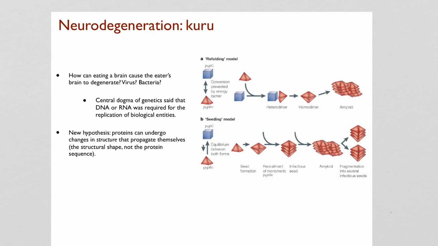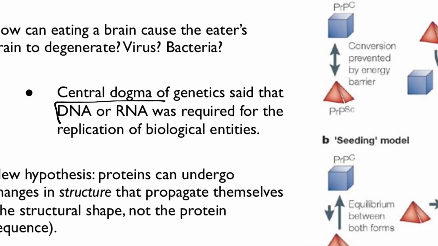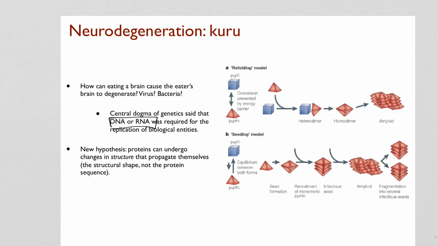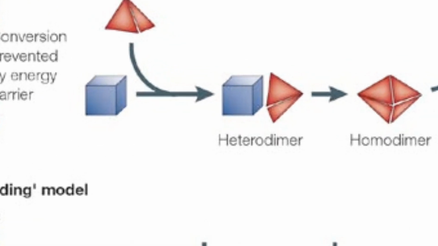And the thing that made them so strange and difficult to investigate and difficult for a lot of people to accept that they were even real is that they have no nucleic acids. There's no DNA, there's no RNA. That means they can't make copies of themselves. And a question that you should be ready to answer on the exam is, if prions can't really make copies of themselves, how can they replicate? And the answer, which again I know we've spent quite a bit of time going over, so I won't belabor it, but the idea is